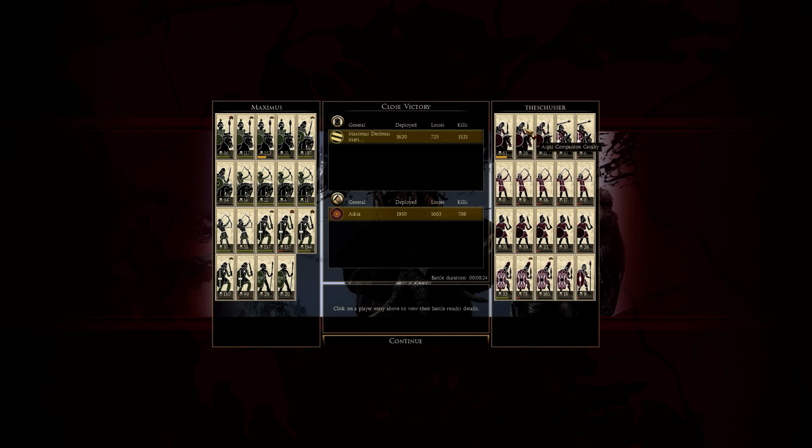bringing Aspis Companion. One Aspis Companion costs about the same as 2 Sarmatian horse, and in every single scenario I want to have 2 Sarmatian horse or 2 other mid-tier cavalry compared to 1 elite cavalry. So I think Askia